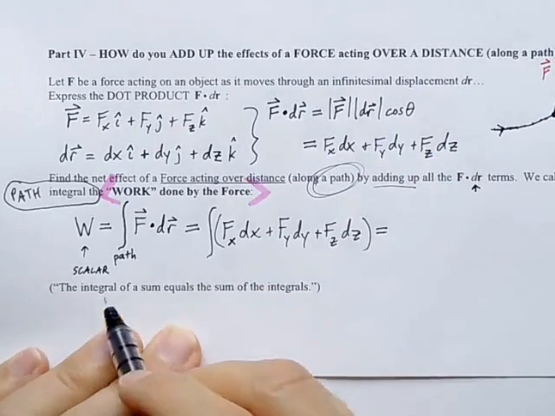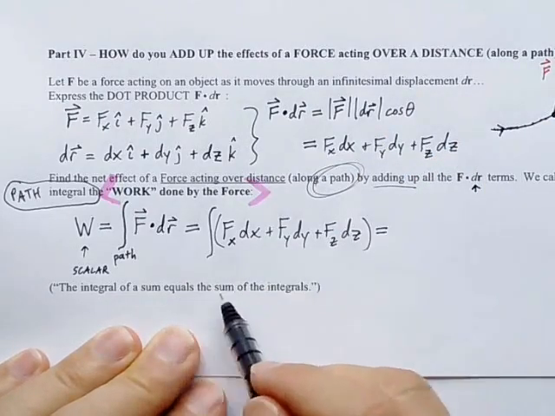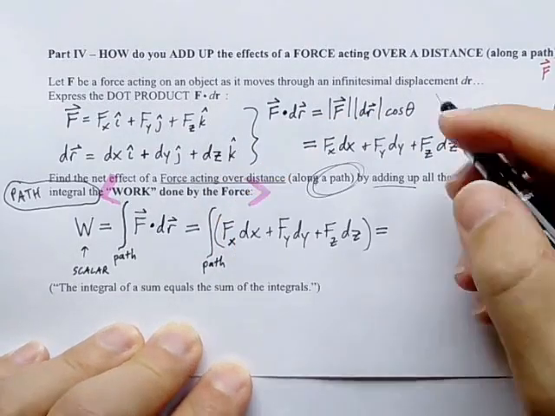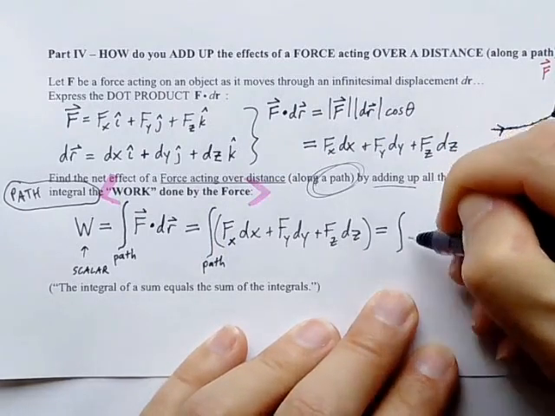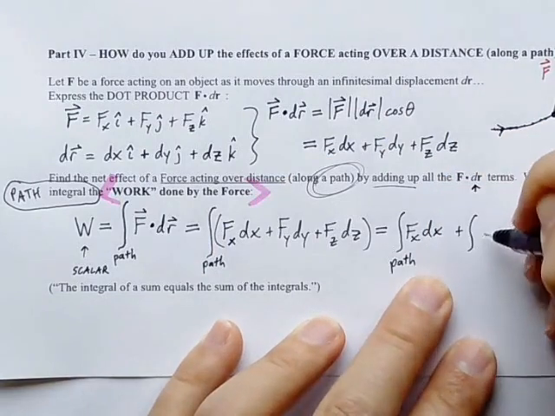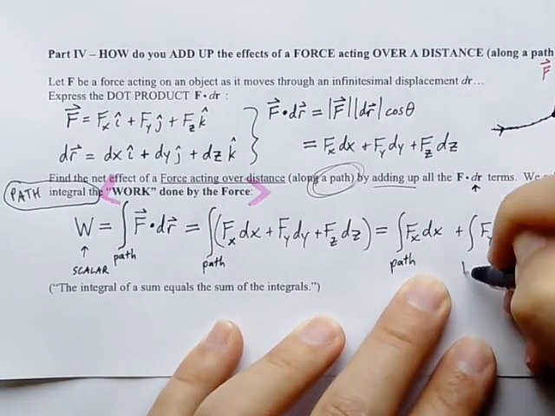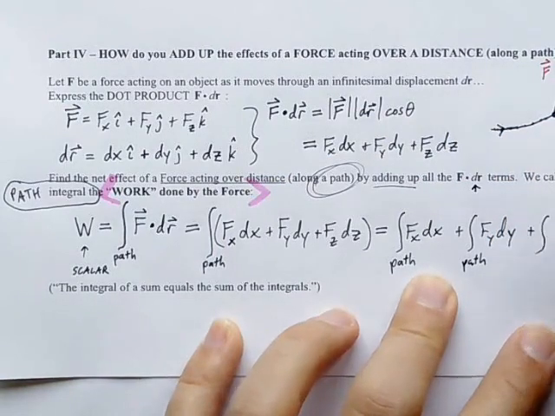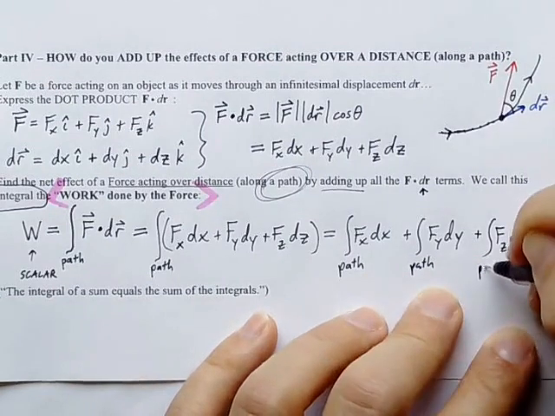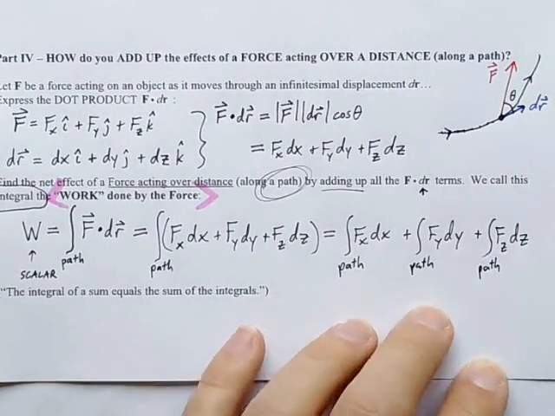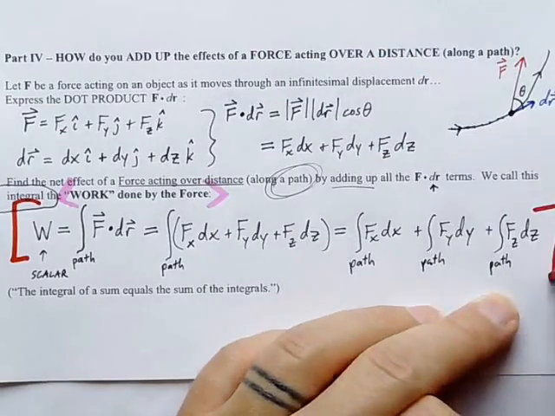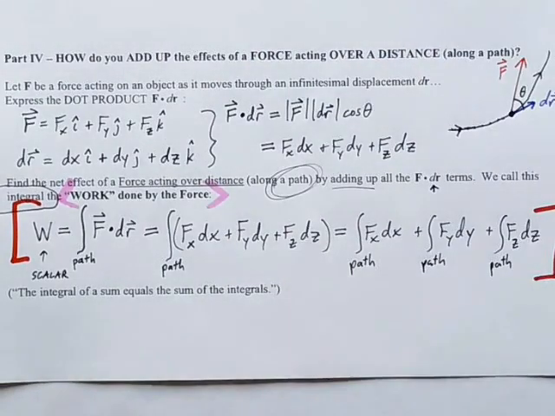And then, since the integral of a sum is equal to the sum of the integrals, I could break up this one integral along the path into the sum of three separate integrals. An integral of fx dx along the path plus an integral of fy times dy along the path plus an integral of fz dz along the path. And there, let's bracket this as our definition of the work done by that force pushing an